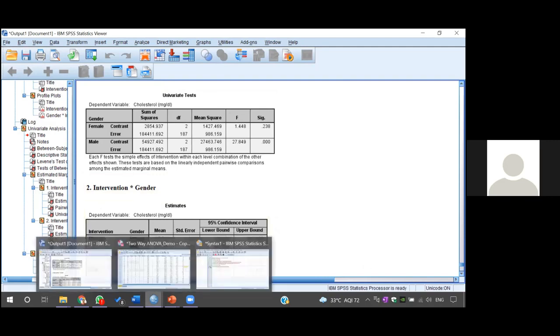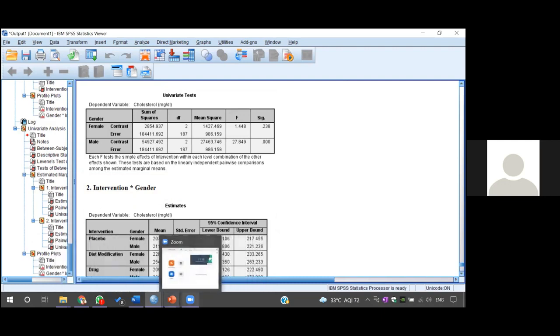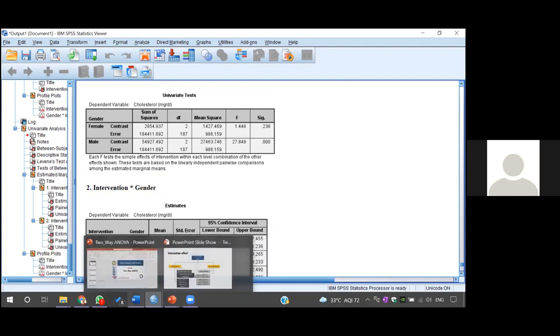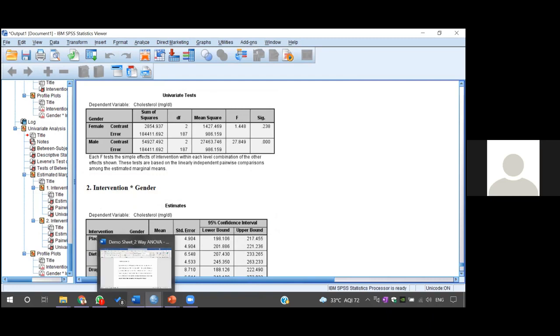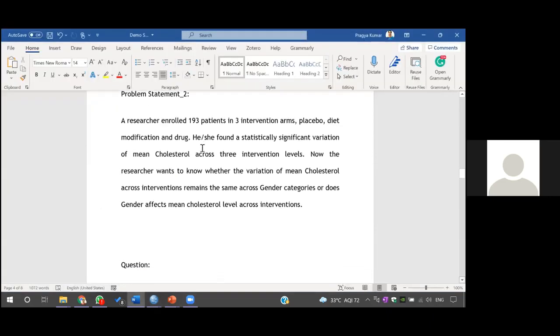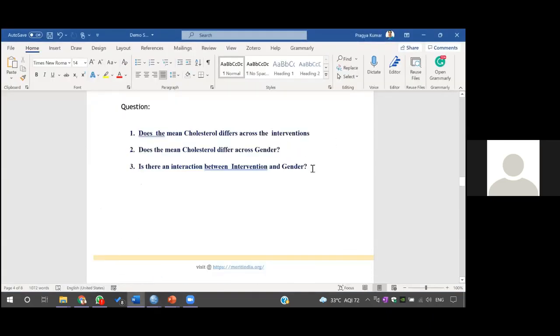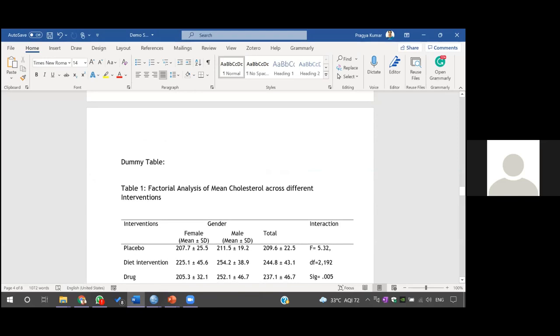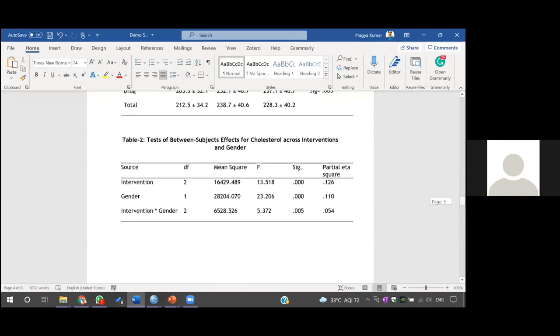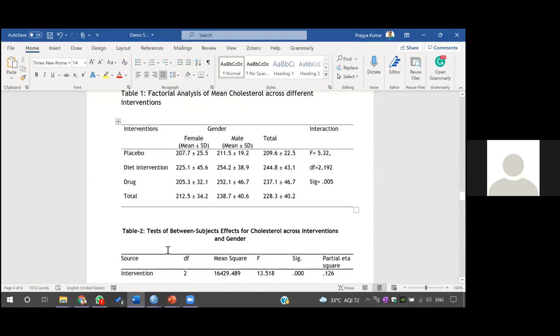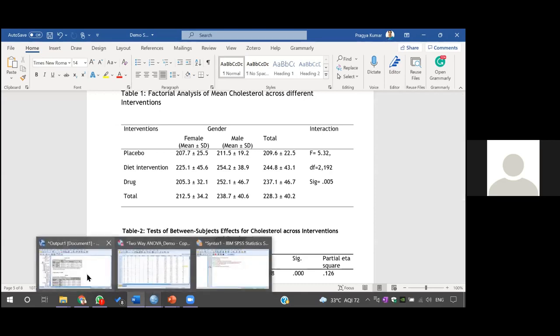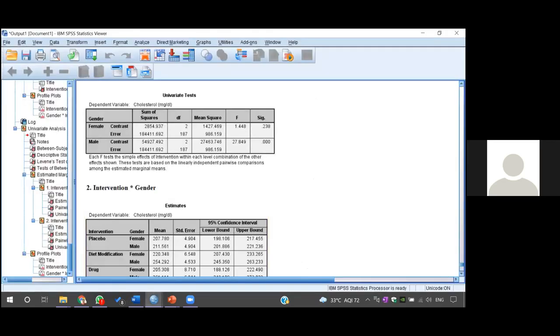So if I go to the result section, so my question is, does the mean cholesterol level differ across the intervention? Does the mean cholesterol differ across gender? And is there any interaction between intervention and gender? So yes, this was again the same. If I go to the output,